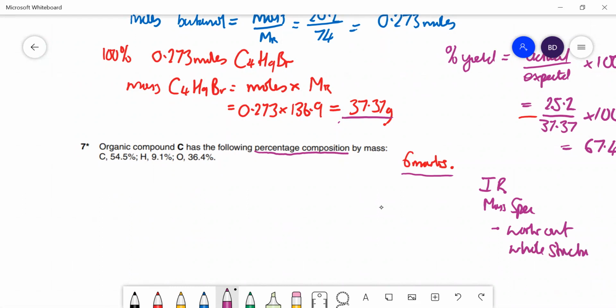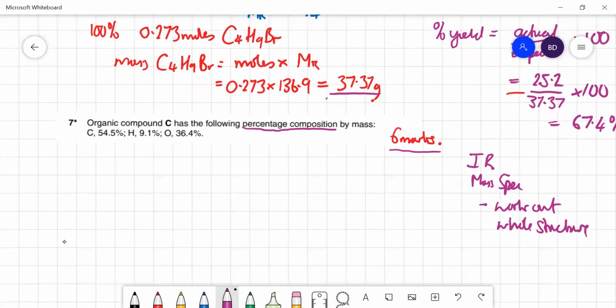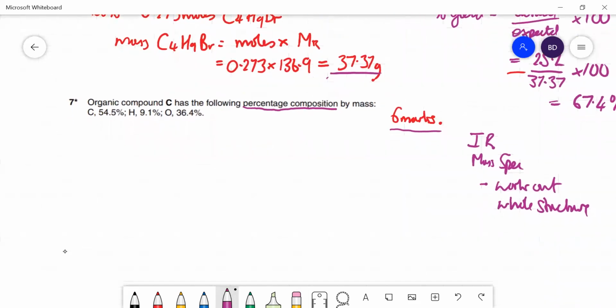So the first thing we're going to do is work out the molecular formula of the substance, which may be the same as the empirical formula and may not be. We can use the mass spec to help us out there. So let's do the molecular formula first of all. Sorry, the empirical formula. Well, these are percentages, yeah. So in 100 grams, we're going to have 54.4